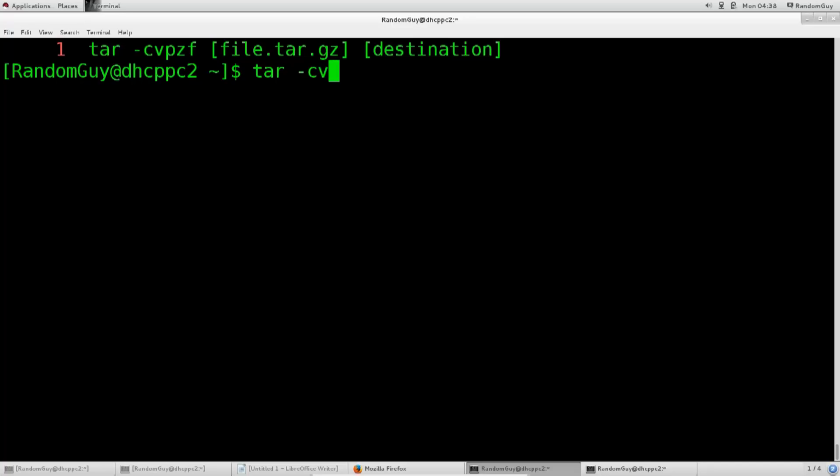Then you want the V there to actually see what is going on. But if you have a scheduled task that the machine does that you will not see, and most likely you will not even be physically present there when the backup happens, there is no need to waste resources of the system. You're not wasting a lot, you're wasting a very small portion, but it doesn't matter. It pays to be efficient in every situation.